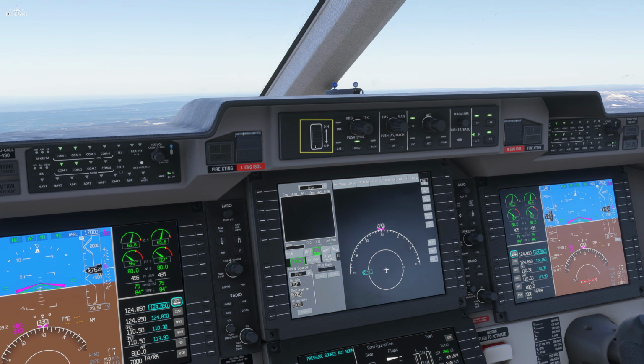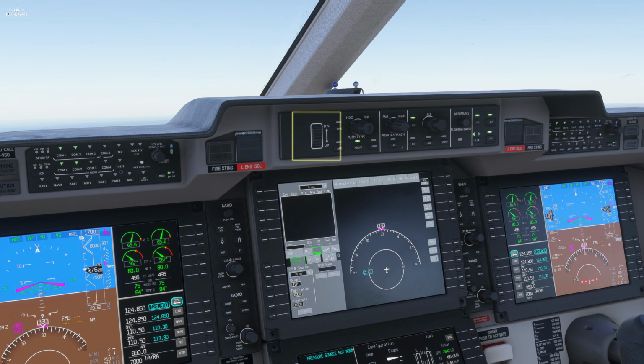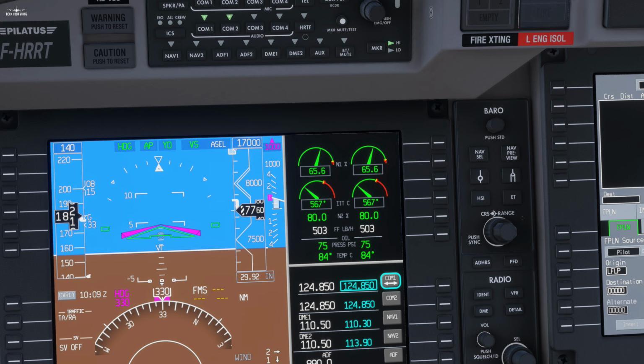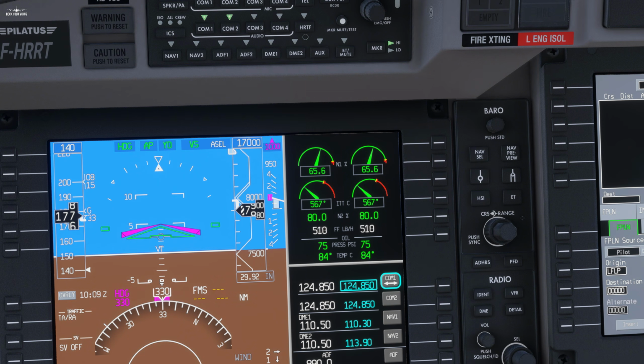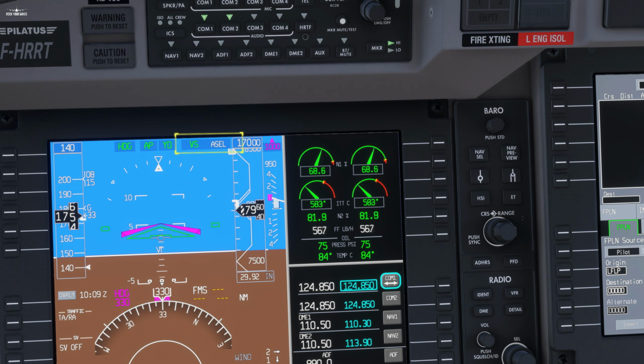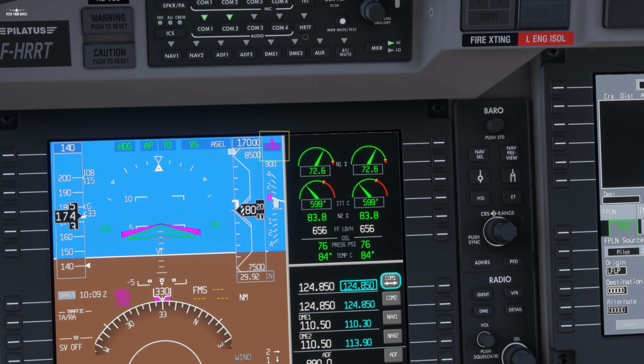To apply a rate of climb, use the sliding knob on the left of the autopilot panel. The selected rate of climb can be read on top of the variometer. In our case, we selected a rate of 1,000 feet per minute. Reading information from the FMA, you can see a VS in green and an ASEL in white. It means the plane will climb at the selected rate of climb until it reaches its selected altitude and would